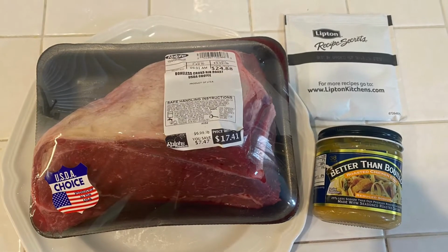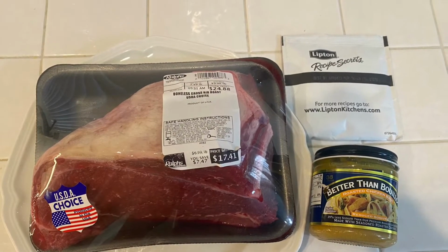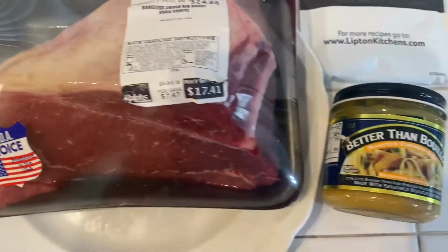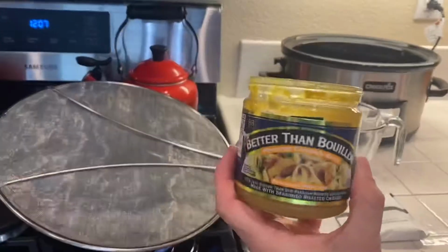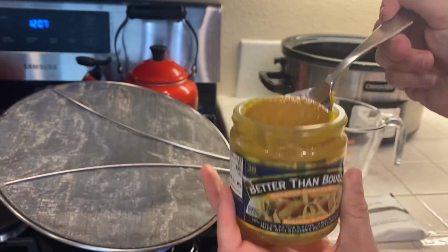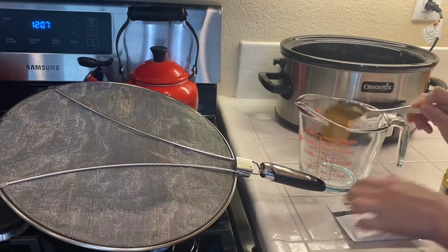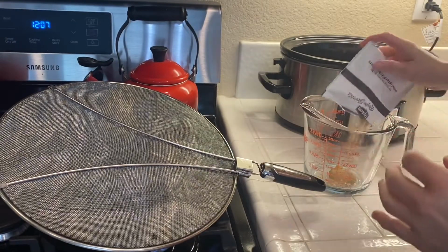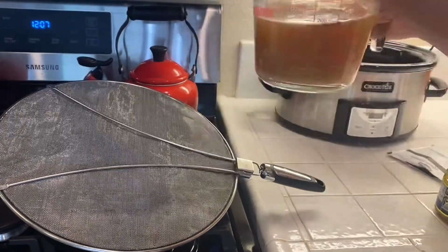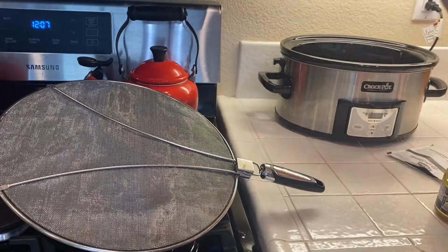My last meal for you this video is 3-ingredient pot roast. You will need a pot roast, some onion Lipton soup mix, and some better than beef bouillon. In this case, I'm using chicken just because that's what I had in my fridge. I'm going to take a heaping tablespoon of this better than chicken bouillon, actually not beef, and this package of onion soup mix and about 4 cups of water, and I will put it in my microwave to kind of